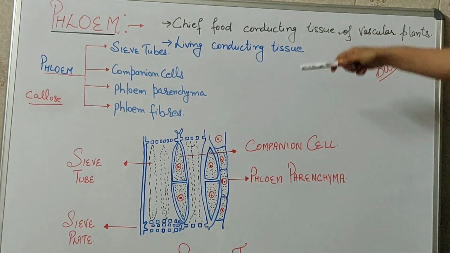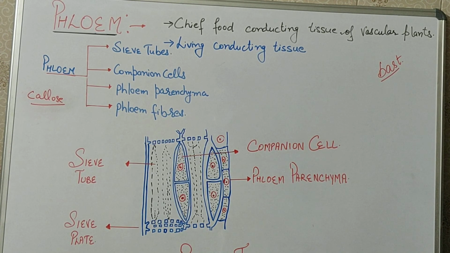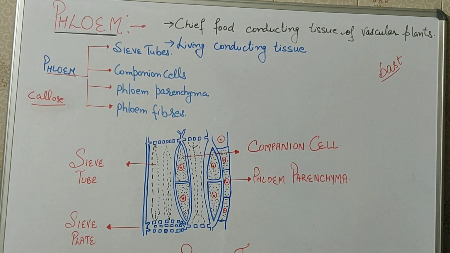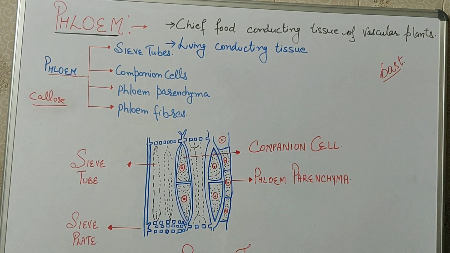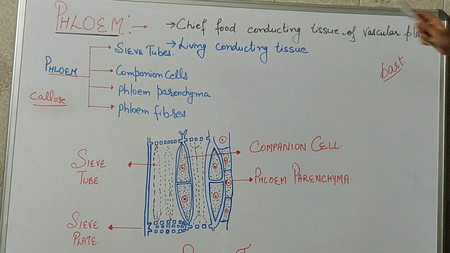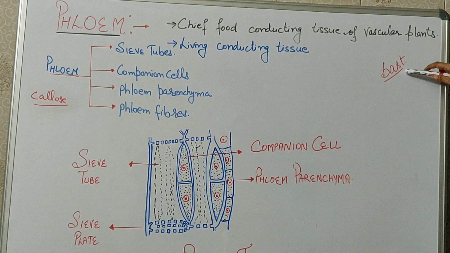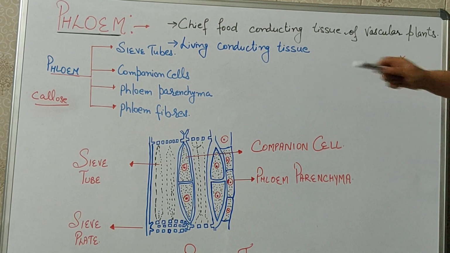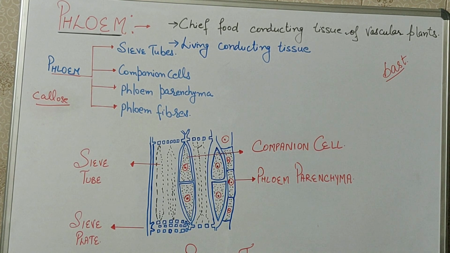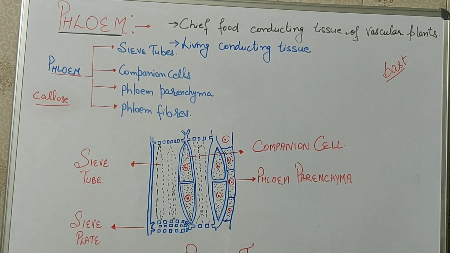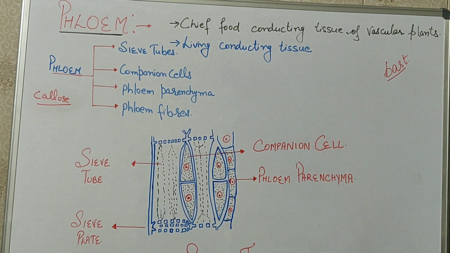Thus we have discussed the 4 elements of phloem: sieve tube, companion cells, phloem parenchyma and phloem fibers. The overall function of phloem includes conduction of food. Food is transported from leaves to the storage organ or wherever it is required. As we have discussed, food is transported from source to sink. The bast fibers or phloem fibers of some plants are a source of commercial fibers like flax, jute and hemp. You must have seen jute fibers. Jute fibers are actually phloem fibers of the jute plant and they are commercially used.